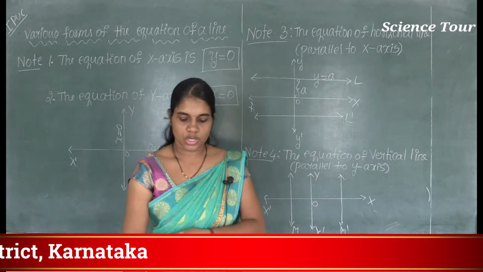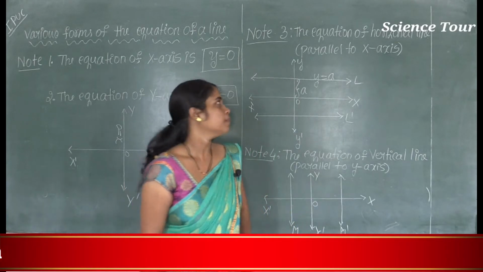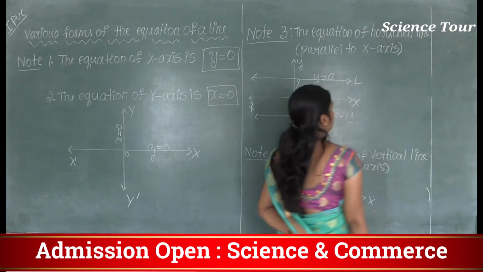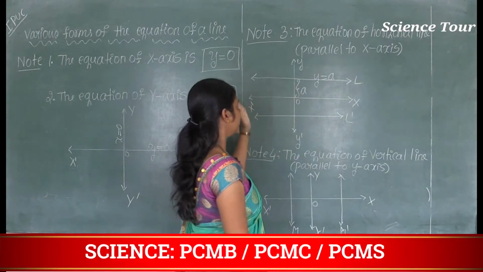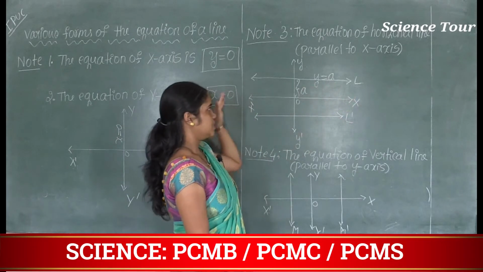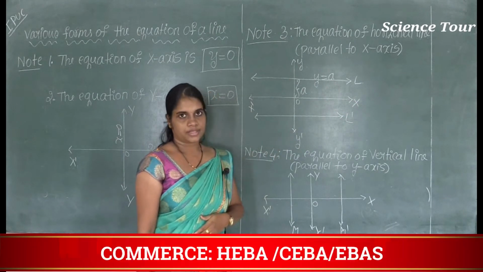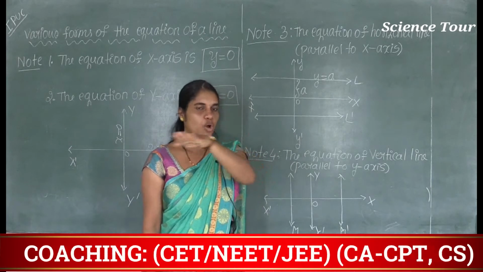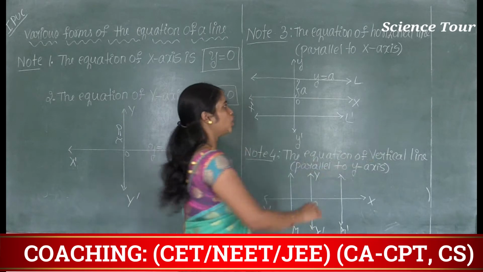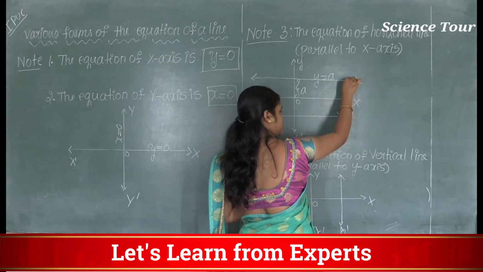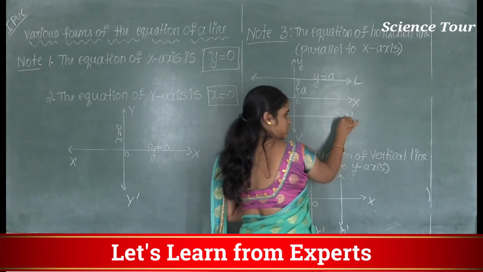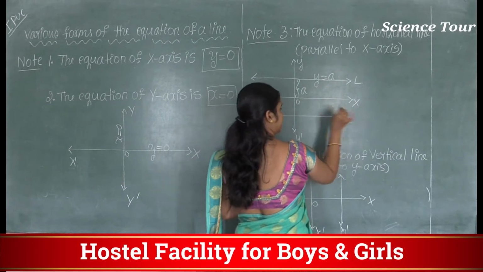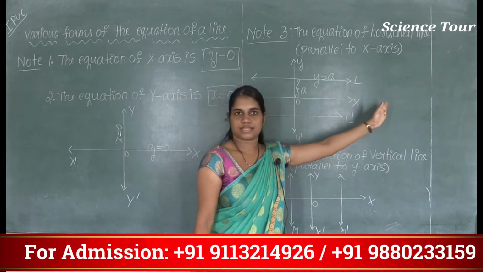Okay, so what is a horizontal line and what is a vertical line? See here, the equation of a horizontal line. This is a coordinate system I have considered. This is the x axis, this is the y axis. On this coordinate system I will consider two horizontal lines. Horizontal means like this, isn't it? L is the first horizontal line, L dash is the second horizontal line. You can observe here that lines L and L dash are parallel to the x axis, isn't it?